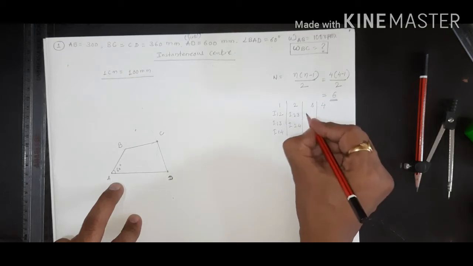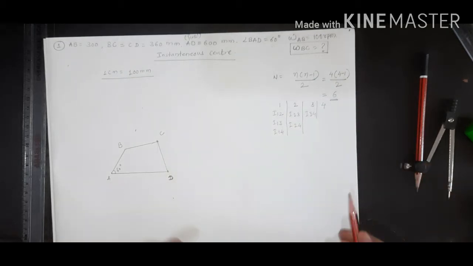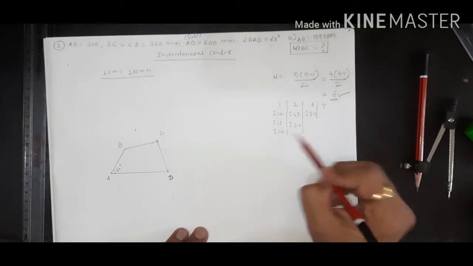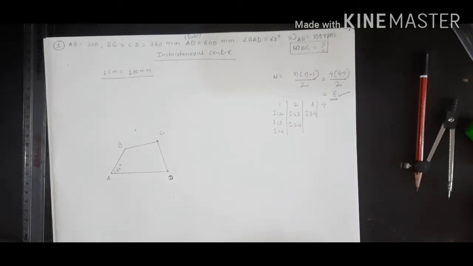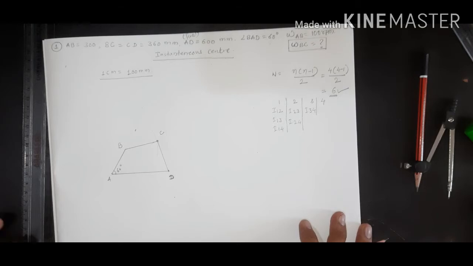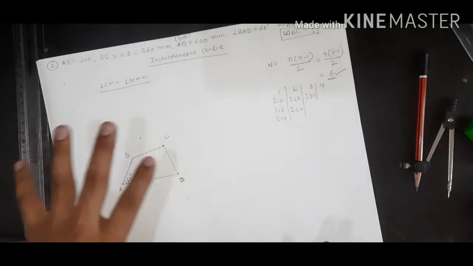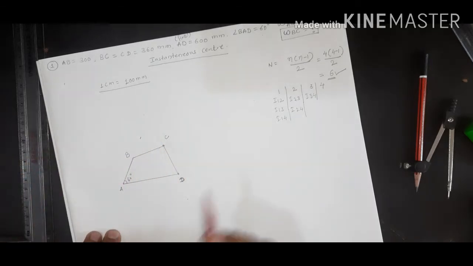In the next one, I34. So you can see 1, 2, 3, 4, 5 and 6. So 6 eye centers are there. These are the names. Now there are two categories of eye centers. First one is primary and another one is secondary. Primary centers means fixed and permanent type of eye centers, so that we can easily locate it through inspection.